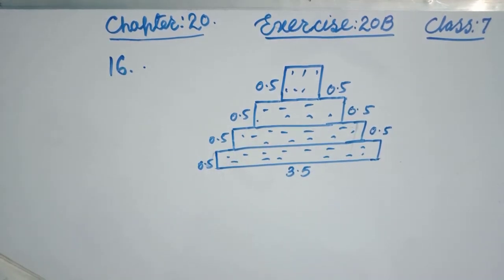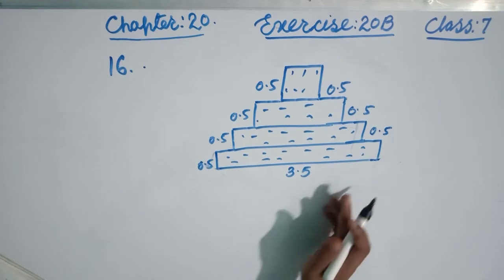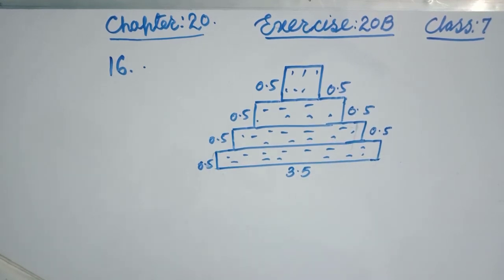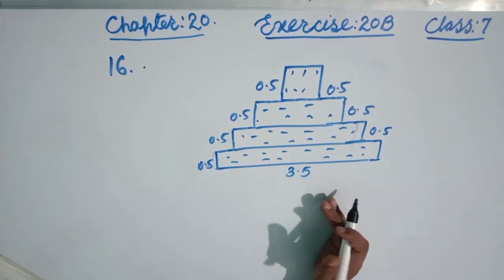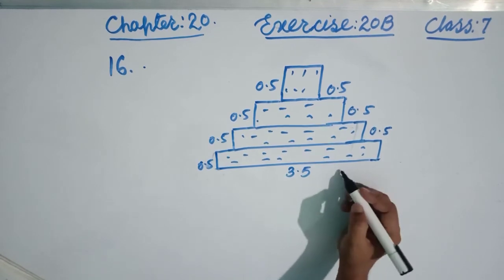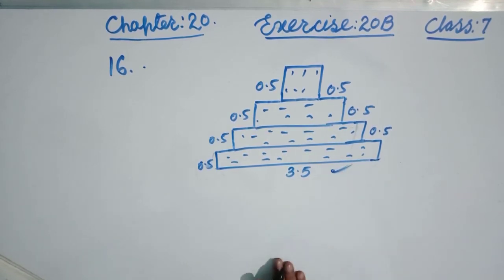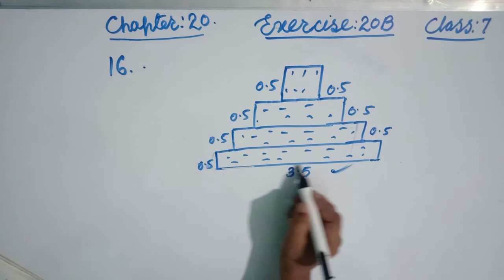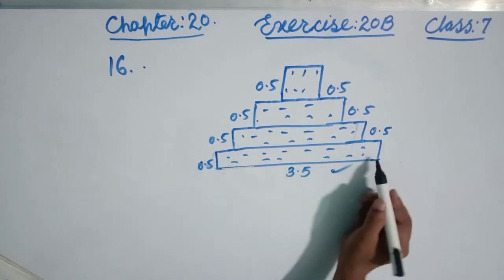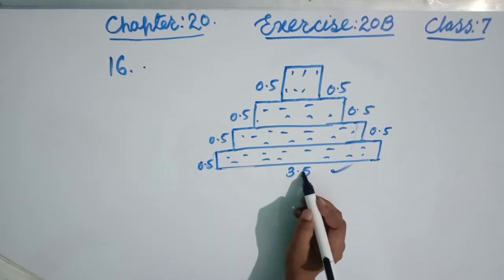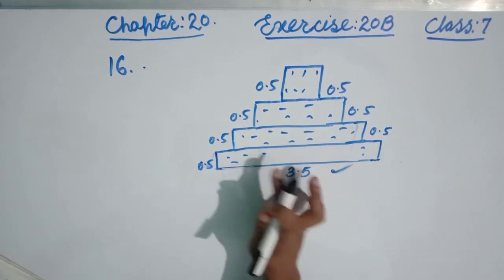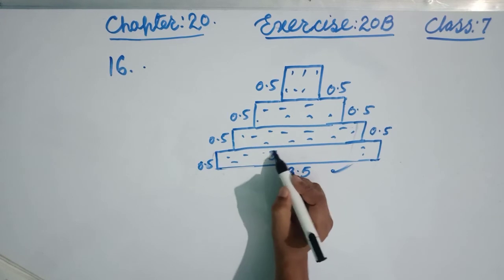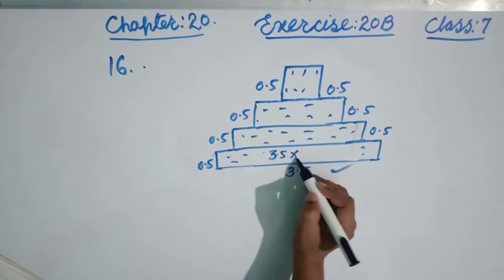Now, friends, this looks like a stair, and every stair is in the shape of a rectangle. Now see, friends, we are going to observe from the bottom portion of the stair. Look at this. This looks like a rectangle. So the length is given as 3.5, friends, and the breadth is 0.5. So we can find the area, friends. Now its area is length 3.5 into breadth 0.5.